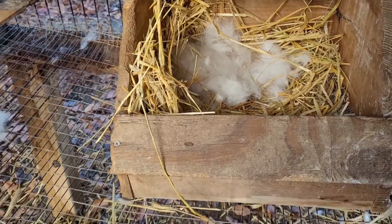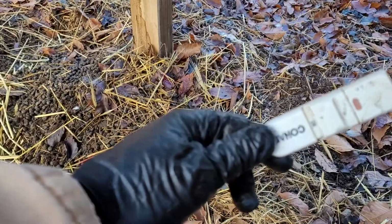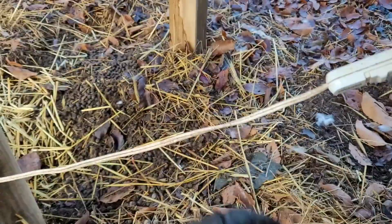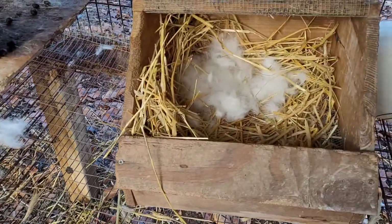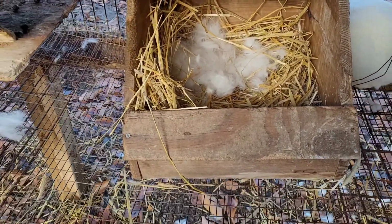Somehow or another, the only one that was unplugged was this one last night, and that's the one that gave birth, of course. So we lost one, but that's what the litter is for. Unfortunately, it's cold, and